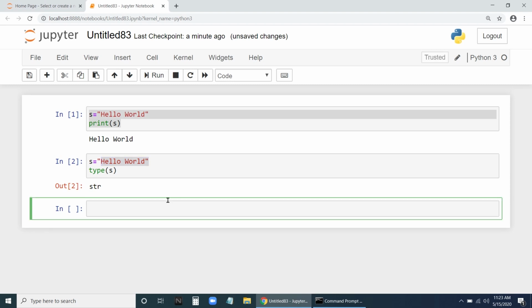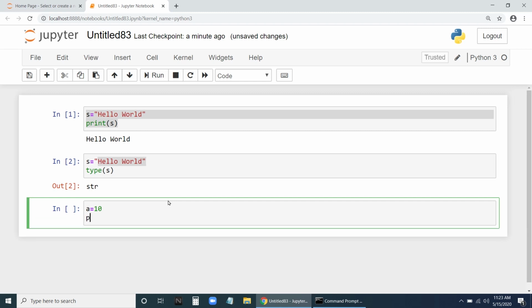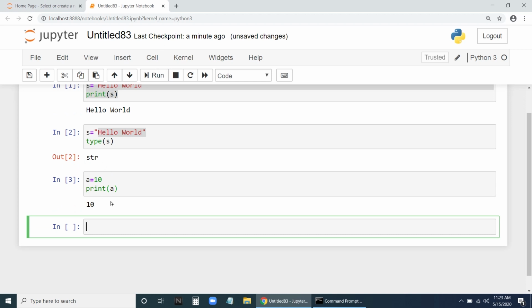Fine. Now similarly, let us take a is equal to 10. What is the type of data 10? It is an integer. If you just print a, it's going to print the value of a. Let us say 10 itself.